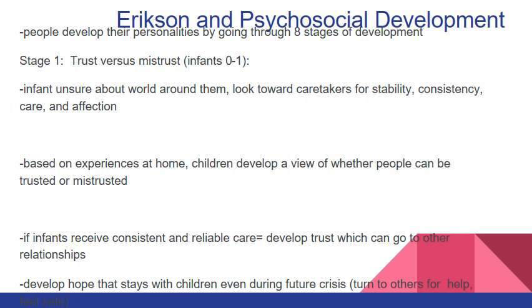They look toward their caretakers for stability and consistency, as well as love and affection. Based on those children's experiences at home, they will develop a conception of whether or not people are good and can be trusted, or whether people are bad and should be mistrusted. Logically, if children receive consistent, reliable care, they're going to develop trust in adults. And this trust will help them be more likely to create positive confidence and positive relationships with their teachers later